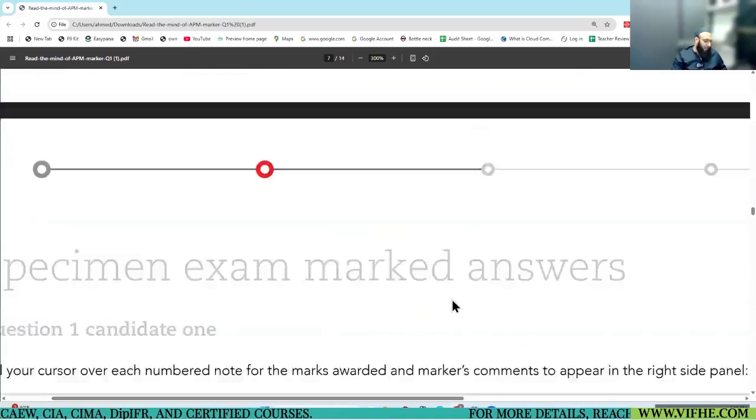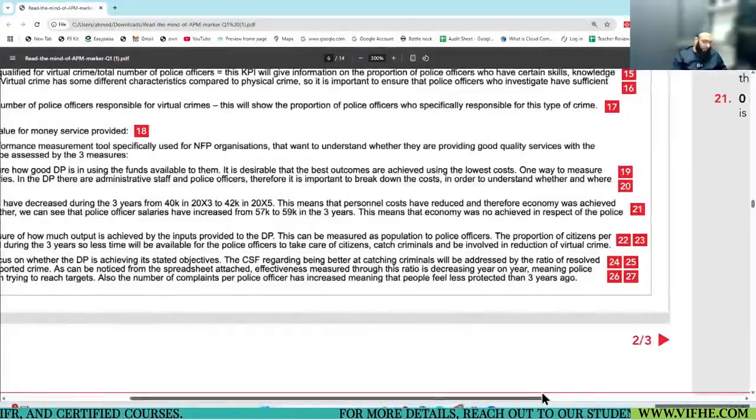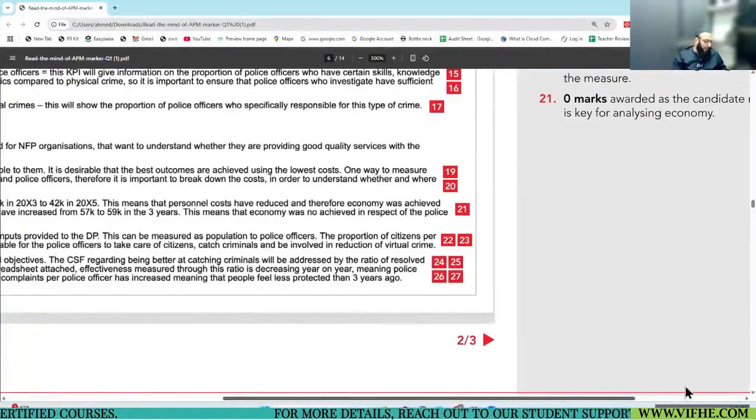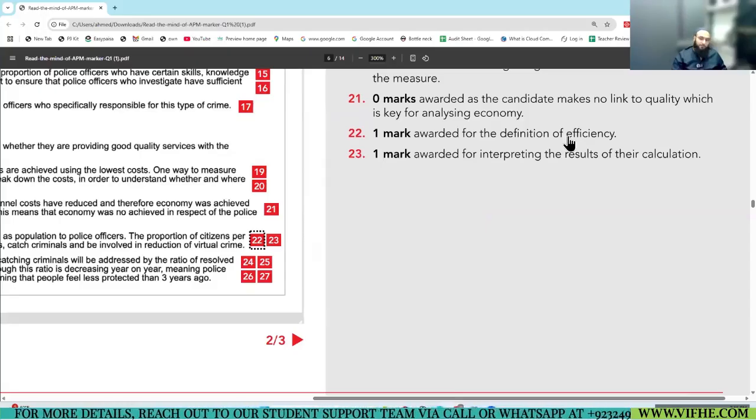This is the calculation number, statement number 23 and 22. Okay, 1 mark for efficiency, 1 mark for interpretation of the one ratio.